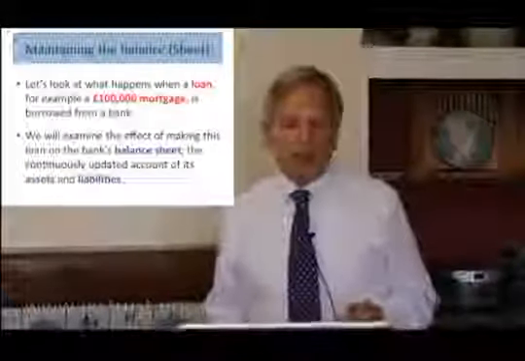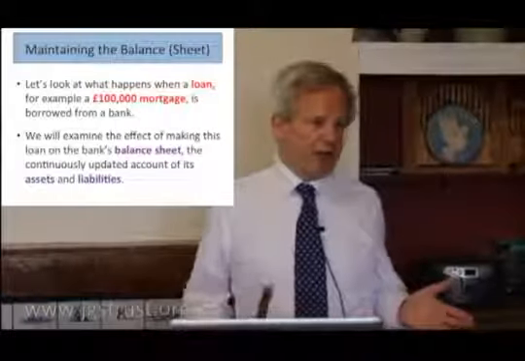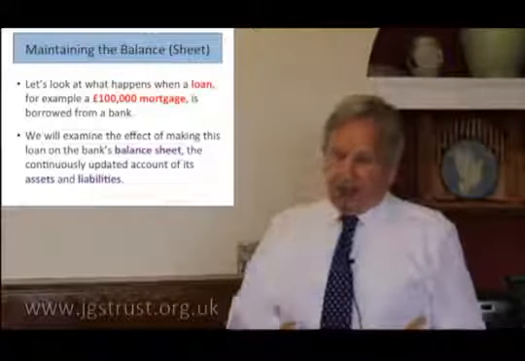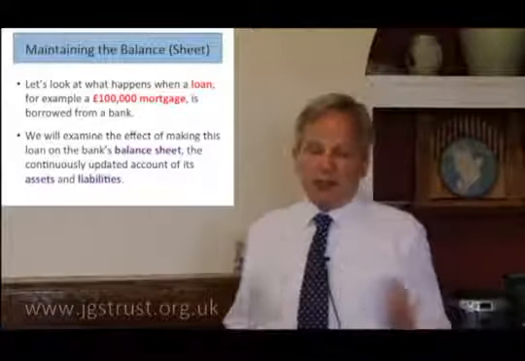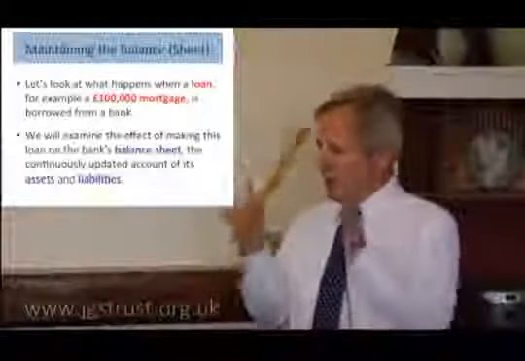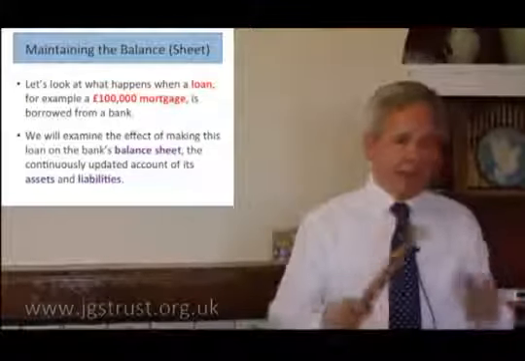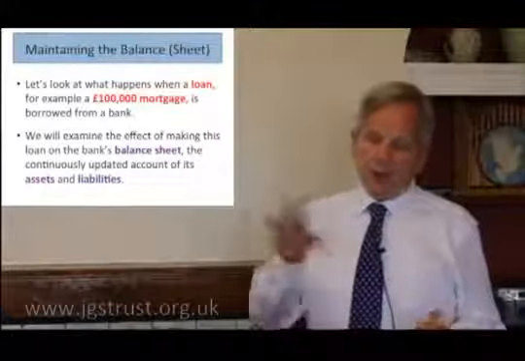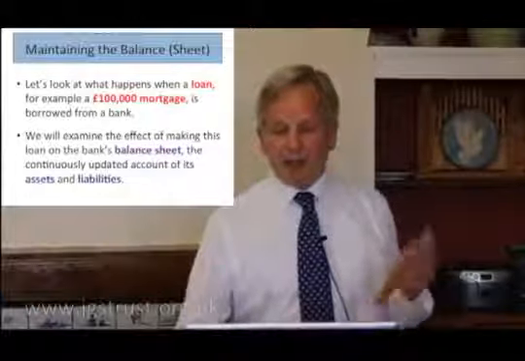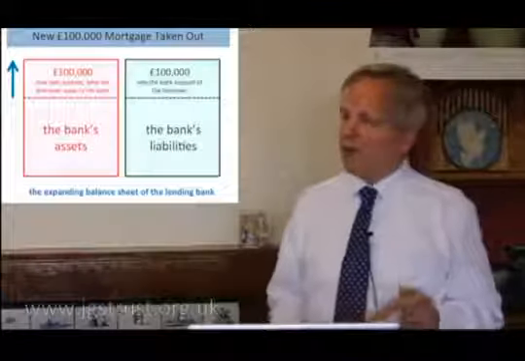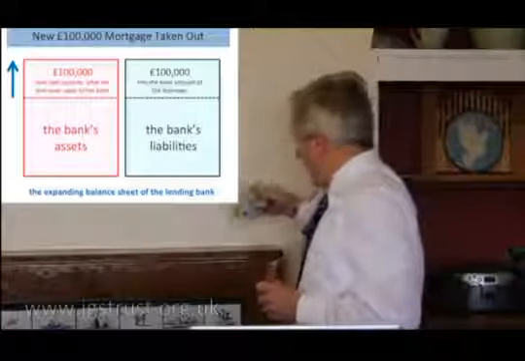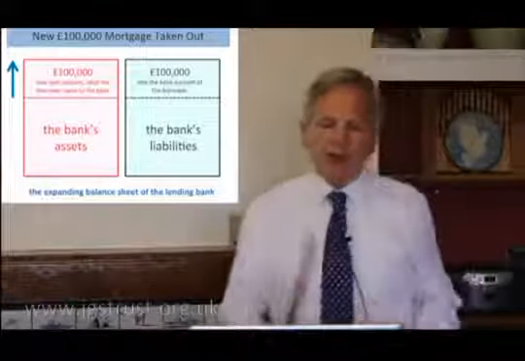How does that balance sheet change when somebody comes along to the bank and wants a loan, a £100,000 mortgage, say? Let's have a look at that balance sheet, how it changes in terms of the assets and liabilities. Because remember, a balance sheet is just a snapshot of the current state of play of the bank, how its assets and liabilities change over time. So here's an event, a basic event. Somebody takes out a mortgage. What happens to the balance sheet? Well, very schematically, this.